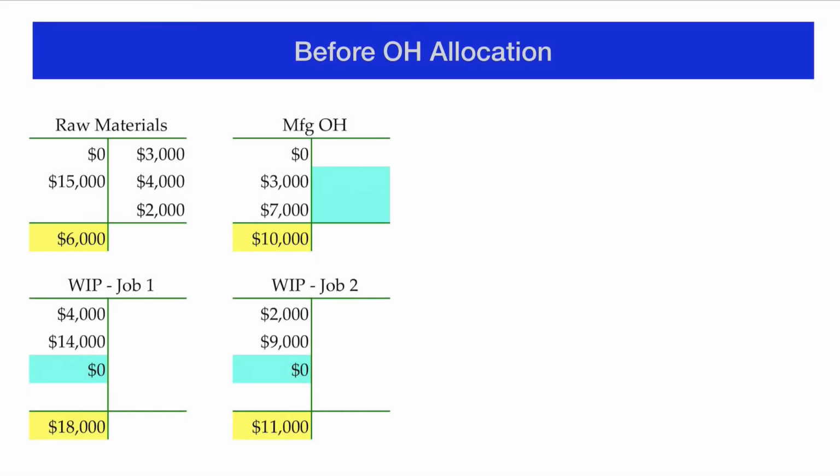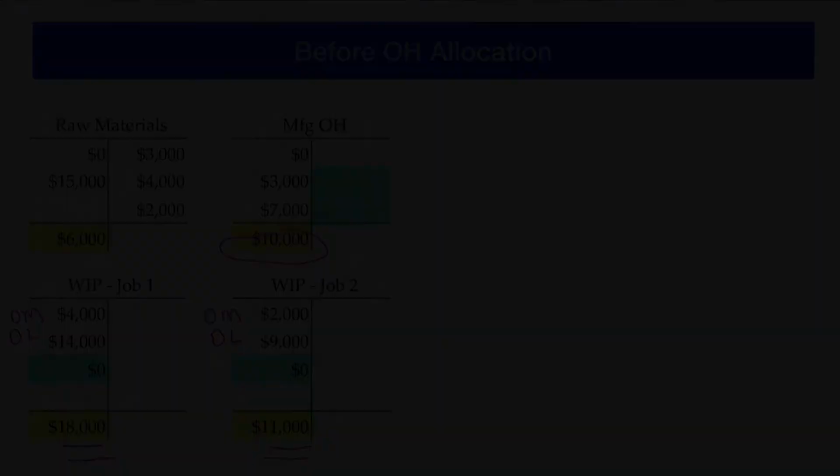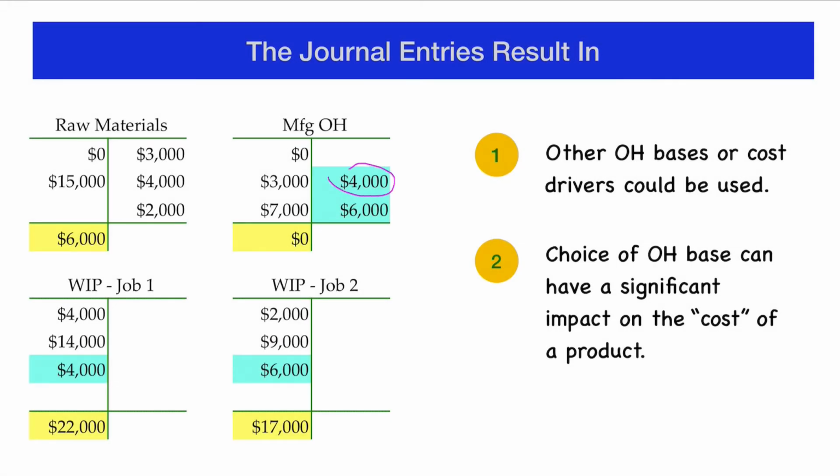And here's the accounting. So we have $10,000 in the overhead account before allocation. We have direct material and direct labor for each of the jobs, and the balances show the cost of the job before the overhead is allocated. Then we take the $4,000 and put it into job number 1, and notice now that the balance for job number 1 has increased by $4,000, and we take $6,000 out of the overhead account with a credit and put a debit into work in process job number 2,